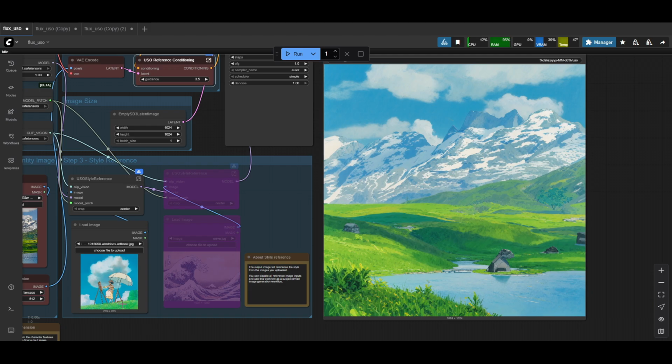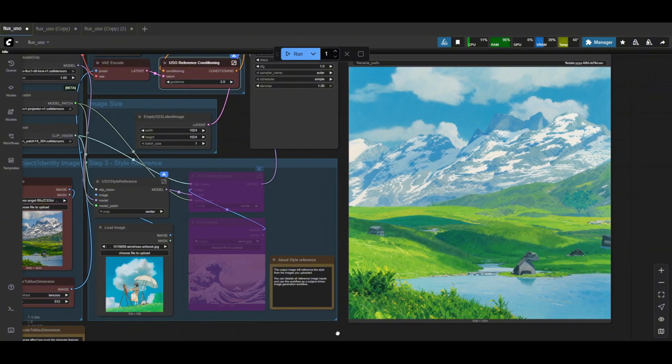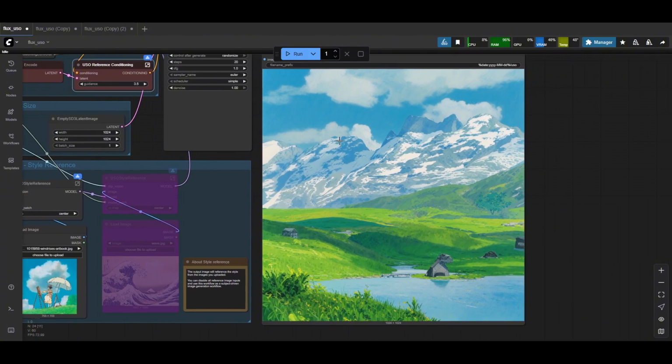So the reference image is a Studio Ghibli style image, and then using the photo of the landscape, the output is that landscape photo, but with that art style. So it's pretty simple and easy to do. It keeps the color palette of the style image, so it brightens it up. The clouds look quite similar to the watercolor style of the reference image,